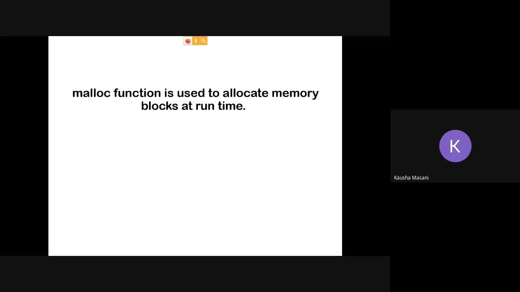In integer roll number 10, a total of 10 memory blocks, each of 2 bytes, so that means 20 bytes will get allocated. But in malloc 10, a memory block of size 10 is going to get allocated.